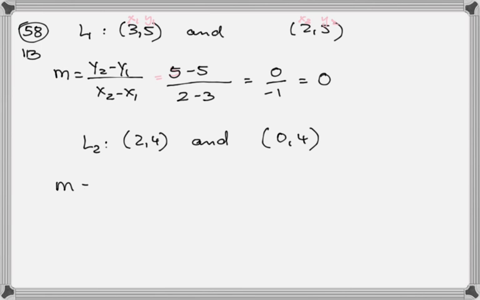And this slope is what? 0. 4 minus 4 over 0 minus 2, which is 0 over -2. The answer is 0. So now if we compare both slopes,